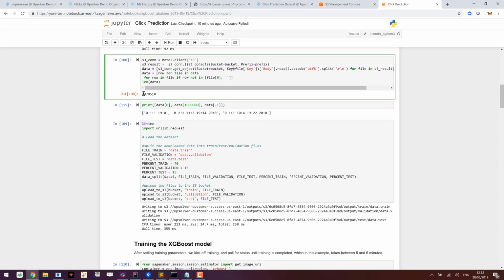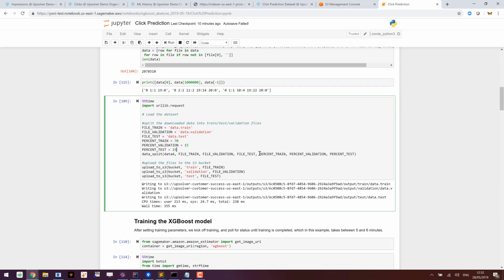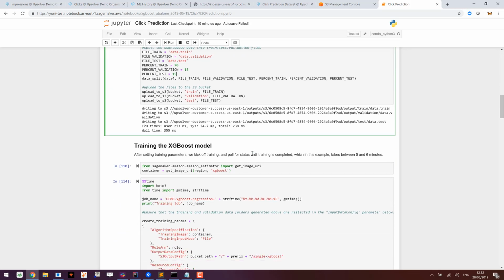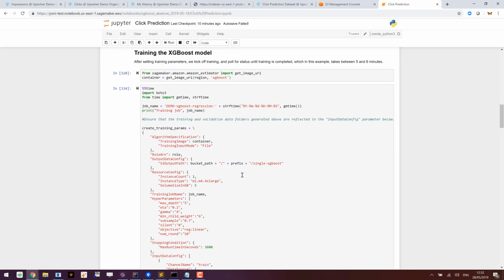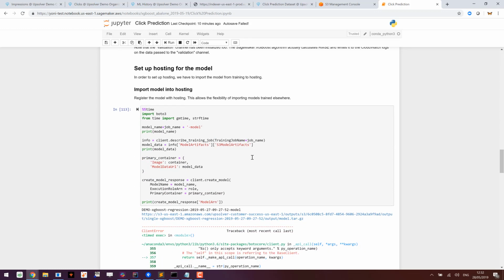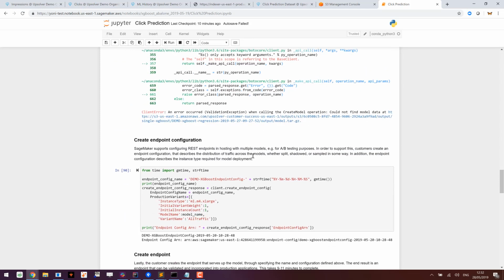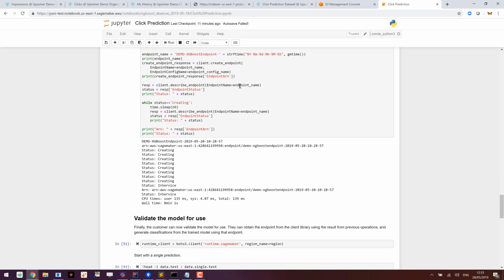We have over a day, 2 million events that we're trying to use to train and validate and test. And then the rest is pretty much boilerplate, building out the training, validation, and test files, training the model, and then deploying the model using SageMaker. Now, keep in mind that for inference, we need to create a row that's identical to the one that we created in the training set. Upsolver lets you do that easily, since